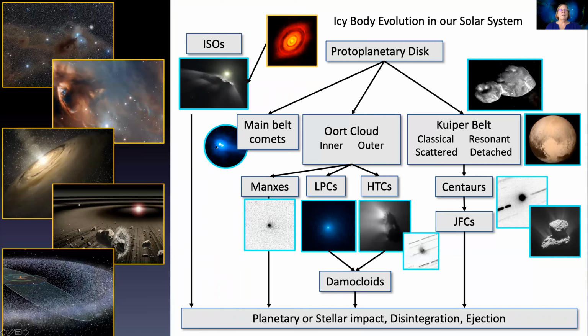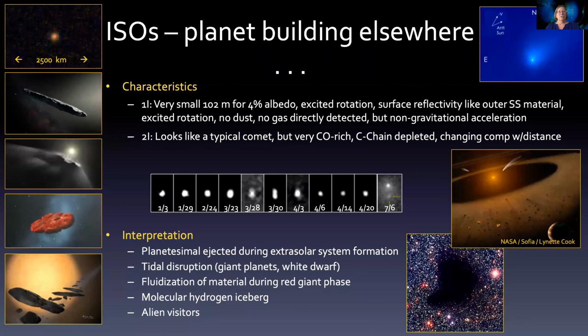I've already talked about the main belt comets. And then of course, this new class, which are the interstellar objects, which may allow us to do the same experiment, but holding a piece of material not from our solar system, but the leftovers from the birth of another solar system. So to just give you a quick glimpse at this, because I know you're hearing other talks on